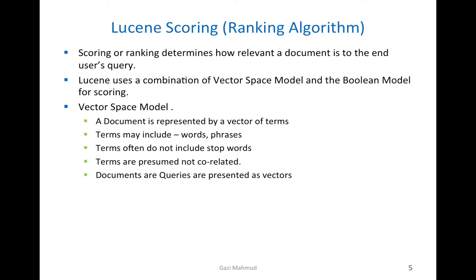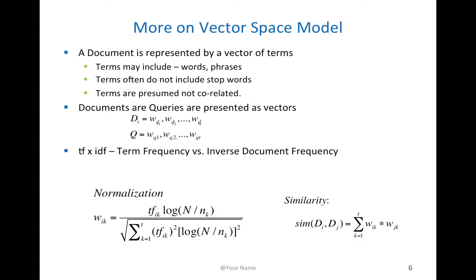And terms often do not include stop words or vowels. Stop words could be like "the" and the vowels and pronouns. Also, terms are presumed not to be correlated to each other, and documents and queries in the vector space model are represented as two vectors. So in the next slide,